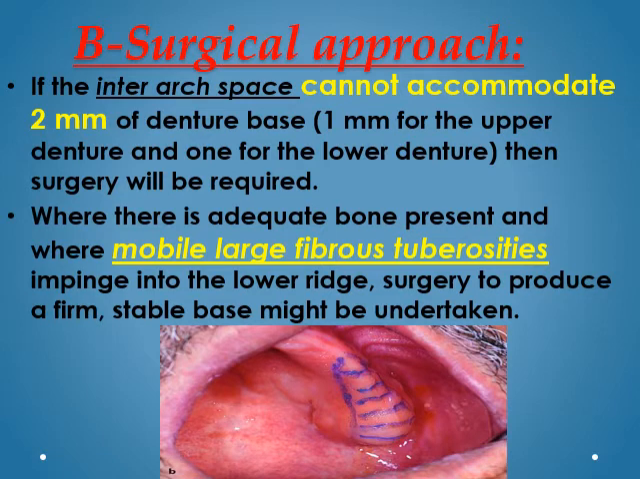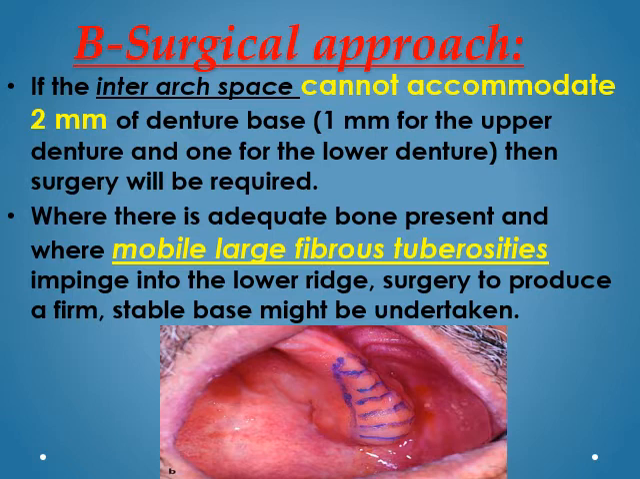Surgical approach. If the interarch space cannot accommodate 2 mm of denture base, 1 mm for the upper and 1 for the lower, then surgery will be required. If the enlargement touches the retromolar area in the lower and does not give at least 2 mm of interarch space, one for the denture base in the upper and one in the lower, then surgical intervention may be needed. Where there is adequate bone present and a mobile large fibrous tuberosity,